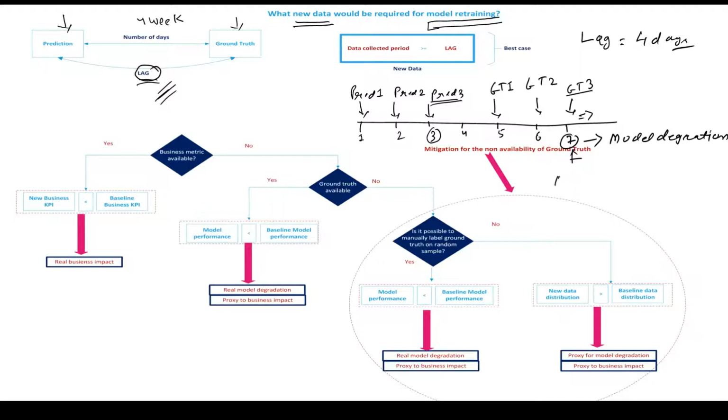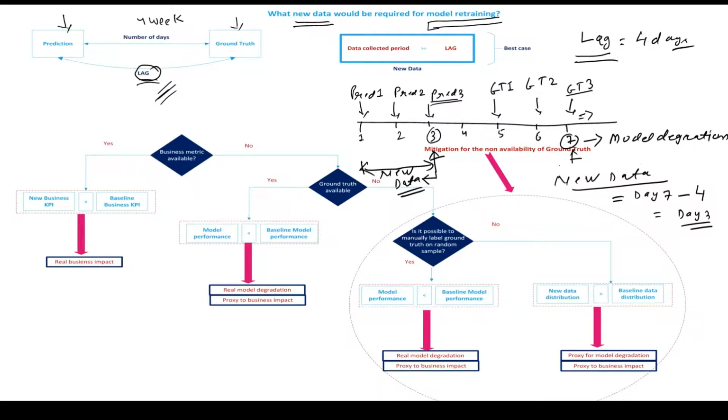So now for calculating new data, what new data we need to consider? We need to consider the day on which my model retraining pipeline has been triggered, which is day 7, right? So day 7 minus the lag. So lag is 4 days, which comes to day number 3. So which comes to this point. And from this diagram, we can clearly see that the ground truth for all the messages which we have received on day 3 would be available on day 7, right? So which is already known. So clearly we can see all the data which comes before day 3 as my training data, right? So here in this diagram, we can clearly see that it's between 1 and 3. And this we call as new data,